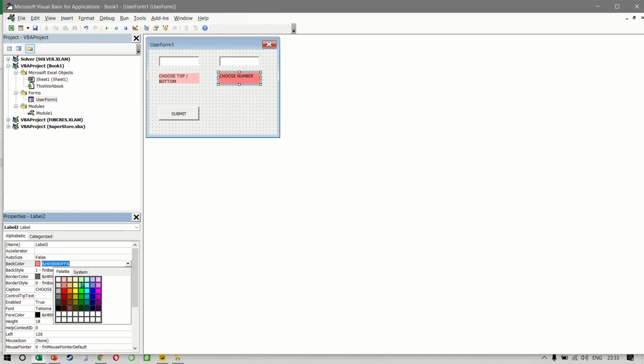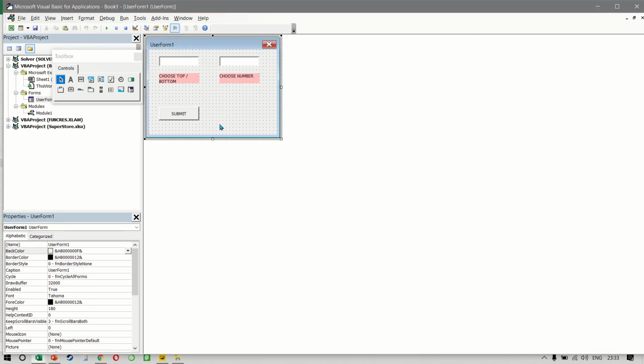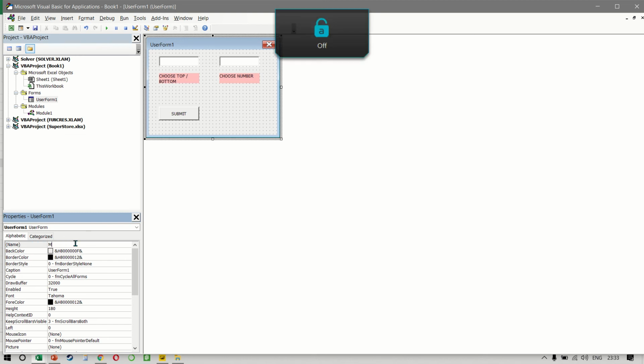Let me try to choose the same color. Excellent. We also want to change the user form name. So the name can be changed to, let's say, my form. And the caption can become apply conditional formatting.